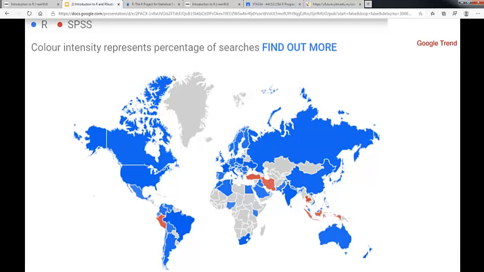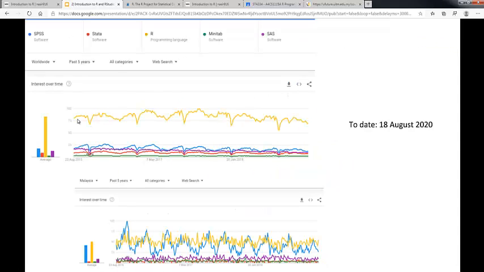This is a Google Trends comparison between SPSS and R. If you can see, the blue color is R searches on Google, and SPSS is the red color. Even in Malaysia, the users of R are more than SPSS. This is the trend until 18 August 2020. The searches for R are completely higher compared to other software such as SPSS, Stata, Minitab